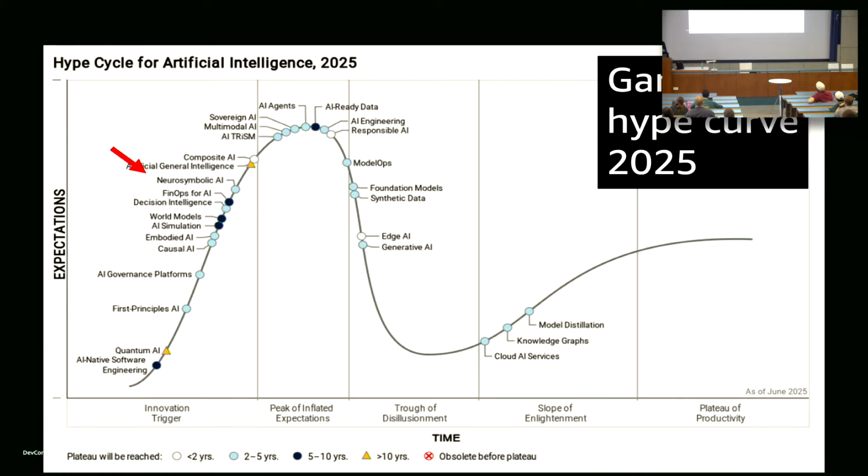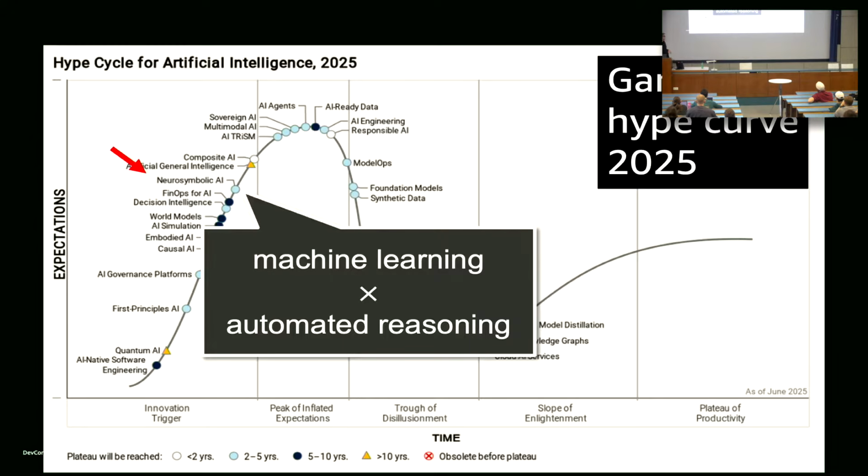And I see that with customers, I see that with analysts, I see that with the press, that people are beginning to click to this idea of Neurosymbolic, and they're getting increasingly excited about it. In time, it'll hit peak, right? And then everybody will be a little too excited about it, and they're going to think it's going to solve every problem they've ever had, and that won't be true. Then in time, it will slide down to the trough of disillusionment and spend some time there, where everyone thinks it was oversold and doesn't solve any of the problems. And then in time, it'll sort of hit the medium, where people appreciate what it can do and what it can't do.